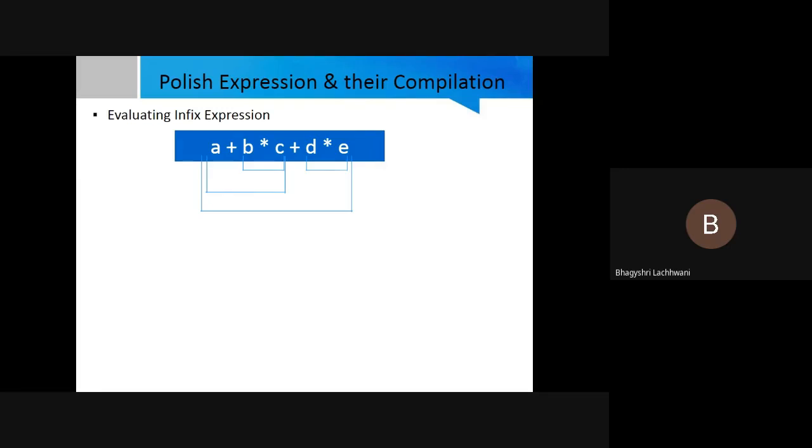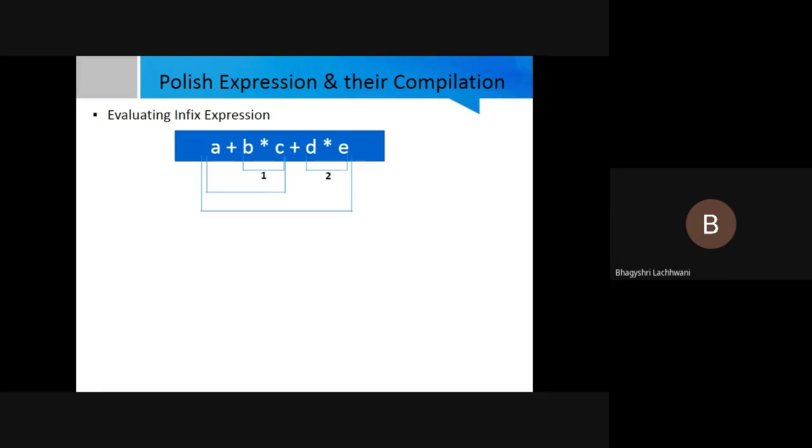Just take an example, this expression: A plus B into C plus D into E. So how will the sequence go? The very first step is we will calculate B into C. The question is, we can also calculate D into E, but there is a rule that you have to go from left to right. Now first is plus, but plus has lower priority than multiplication. So first you have to calculate B into C, because multiplication has the higher priority. Now once we have calculated the value of B into C, which expression do we have to calculate next? The next expression is D into E. Next we will calculate D into E.